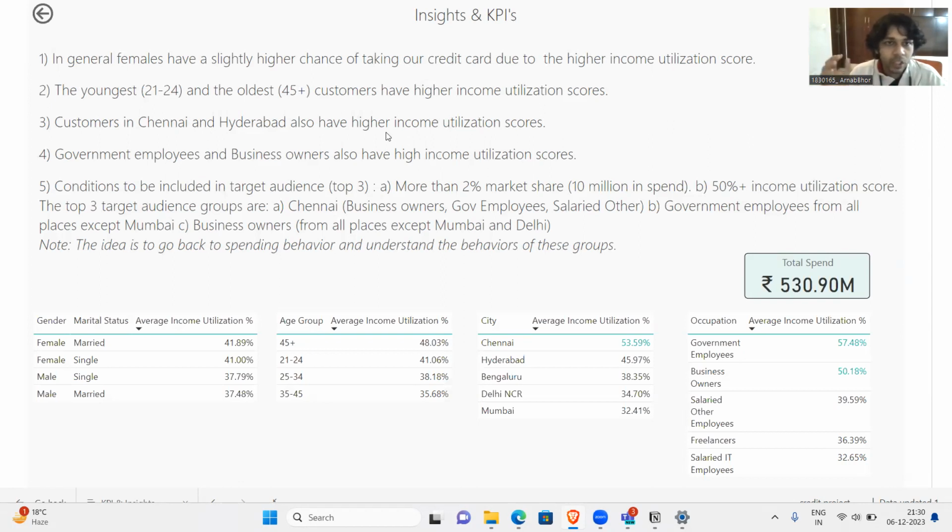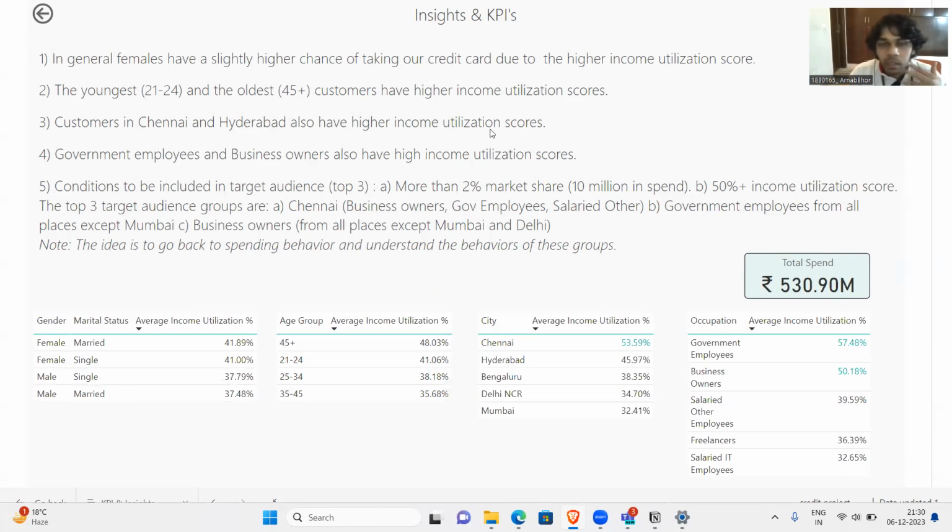So firstly, in general, females have a slightly higher chance of taking our credit cards due to higher income utilization scores. Okay, what I mean by that is you can see that both married and single females have slightly higher income utilization percentages than men. Now, moving on to the